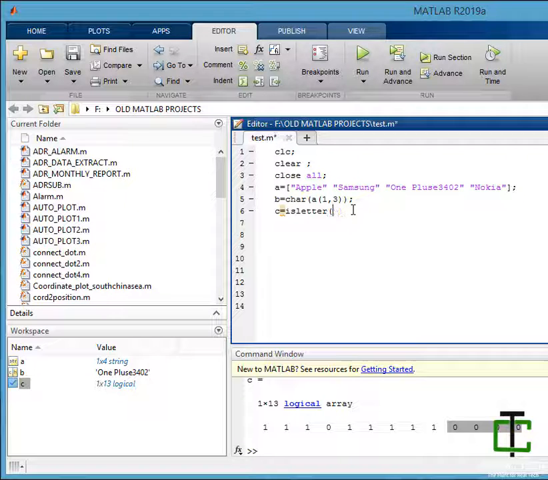Okay, now let's look into another function, which is strrep, string replace. So if I want to replace 1 plus 3402 with, let's say, 0007, what should I do? Here is B comma, find out your old character, then replace with your new character.